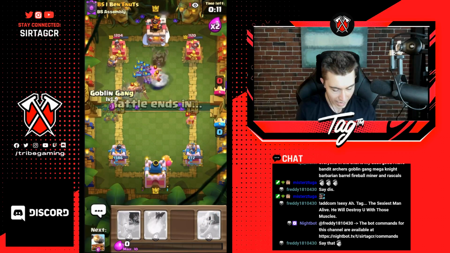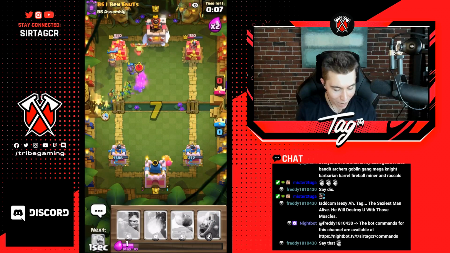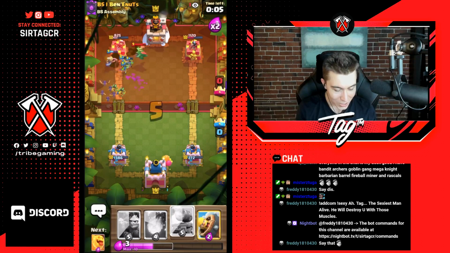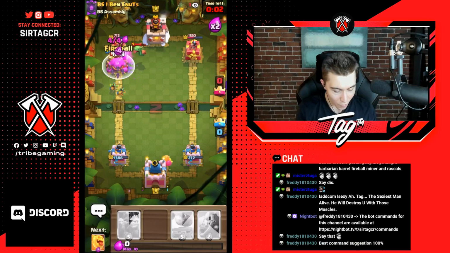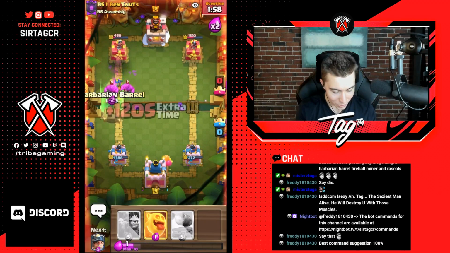We can go for a Miner to tank, and then we can go for a Goblin Gang because he just used Barb Barrel. Guys, can we mount a comeback? I think it's possible. 1,000 HP is left on his tower, but the Goblin Gang is rushing through. We're going to go for a Fireball of Justice. He is not going to be able to take out our tower before we are able to with the Fireballs